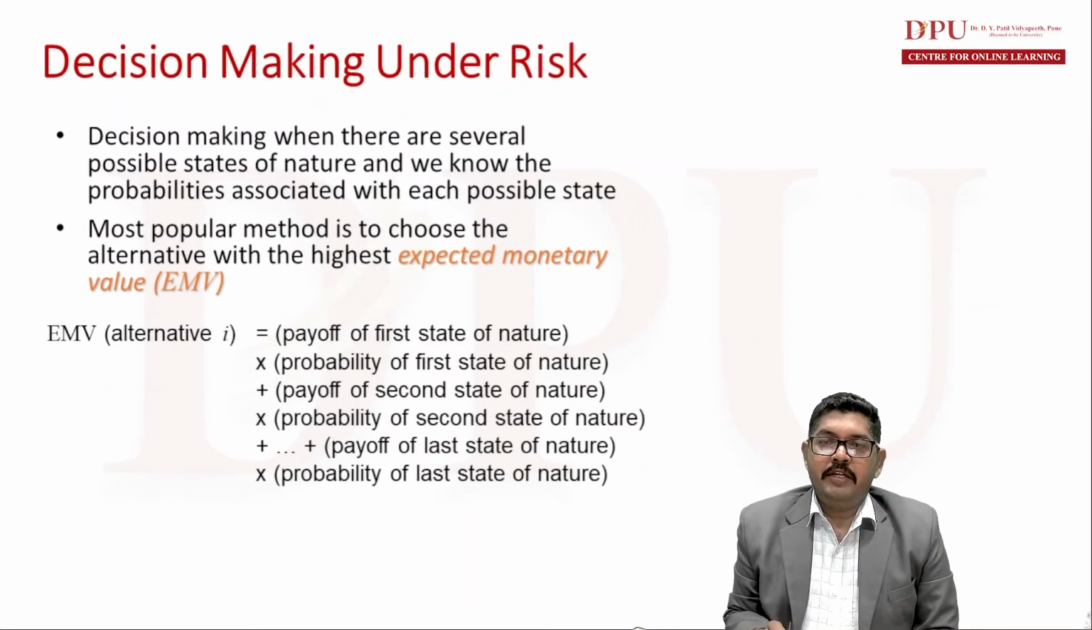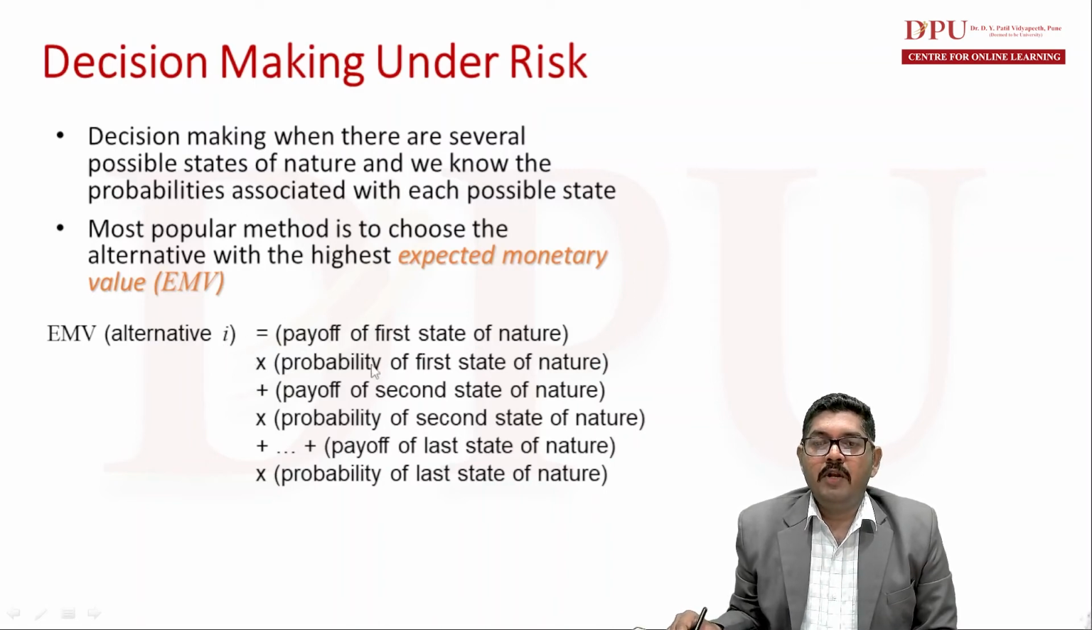Then decision making under risk. Decision making when there are several possible states of nature, each with different probabilities, is decision making under risk. The most popular method is to choose the alternative with the highest expected monetary value, that is EMV. So the EMV of choosing alternative i is equal to the payoff of the first state